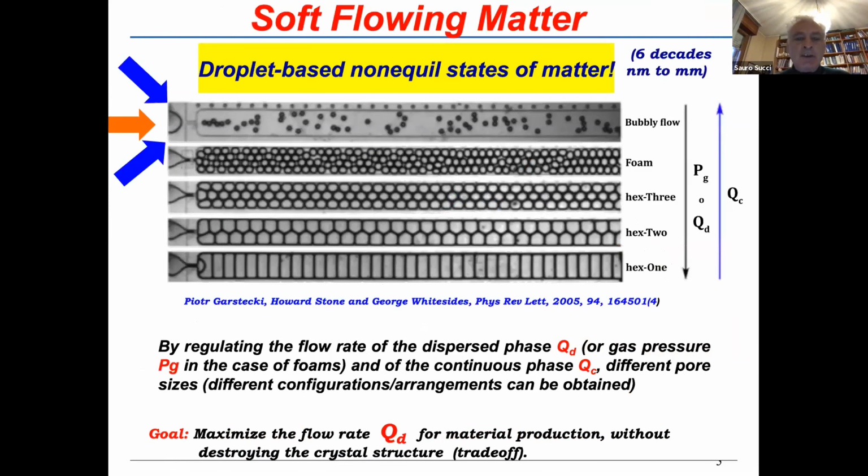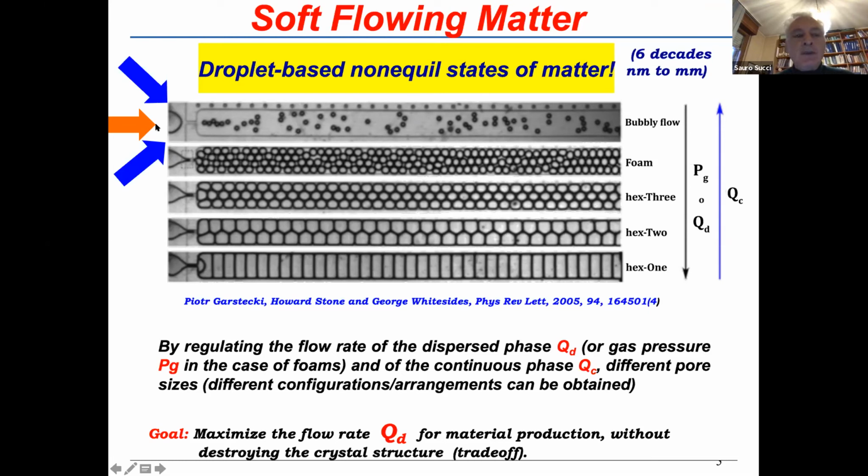Just to give you an idea what the soft flowing crystal is, this is an experimental work done in Harvard some 15 years ago. And the beauty of this microfluidics experiment is that the handles are simple. Here you have oil, which is a jet of oil, and you have water coming from up and down, the two blue arrows, and you break up basically the jet of oil. So depending on the flow rate, the brown arrow, depending on the flow rate of the oil, the so-called dispersed phase, whereas water is the continuous phase,